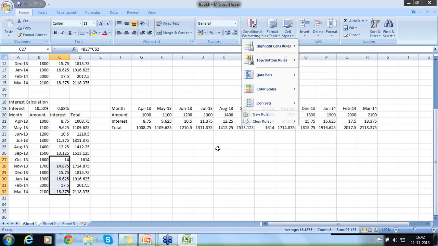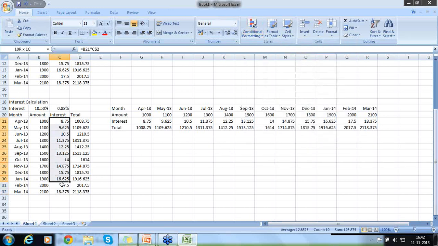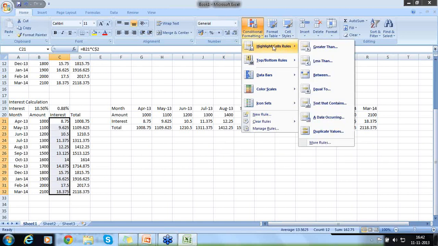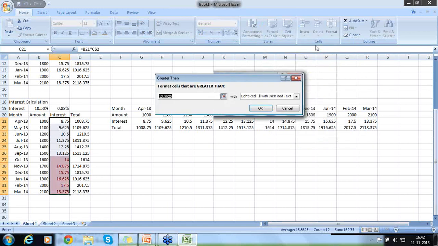I'd like to make it a different color in this range, right? I blocked it, click on conditional formatting, highlight cell rules. I want to give greater than, I select greater than, right? Now select greater than